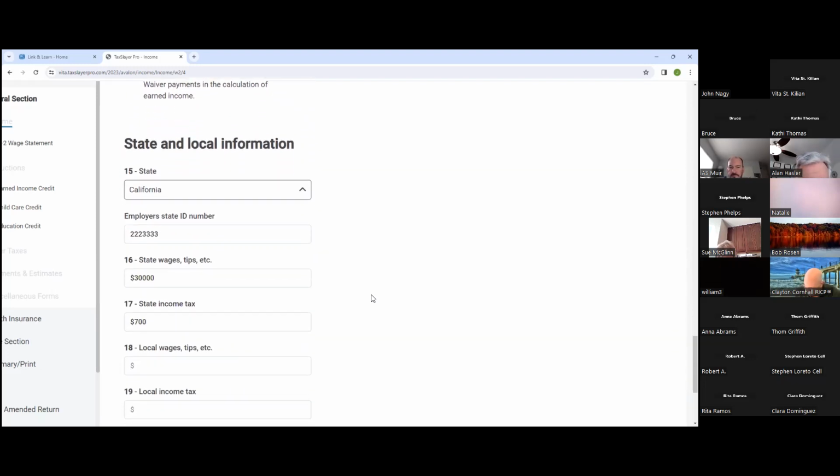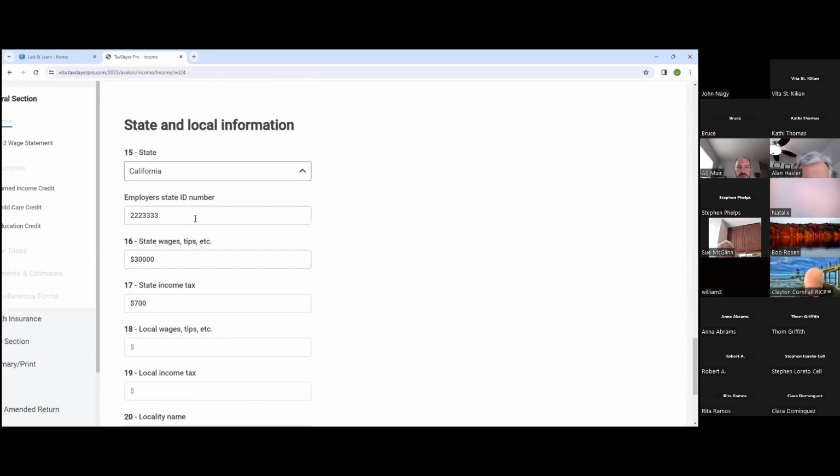Down to California, typically what will happen is of course, you have to populate the state ID number, the employer identification number, which is going to be different than the federal. Typically, your state wages are going to be the same as your federal. I think I mentioned before, years ago, I was working and living in Cuba, and I had to pay federal income tax, and my state wages in box 16 was 0. But again, typically it's going to be the same. State income tax withheld, that's going to be monies withheld by the employer, remitted to the state of California. And then, of course, your state income tax will be reflected on your state return, again, withholding.